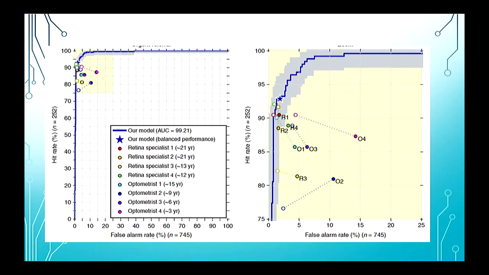It's a known fact. More experienced ophthalmologists or professionals are better than junior ones, right? So the AI, by matching the best of the humans, is outperforming all the average ones. And I think that's the big message here. If this is happening, not only in optometry and ophthalmology, but everywhere, it's a bad time to be an average clinician. You want to be at the top of your field.